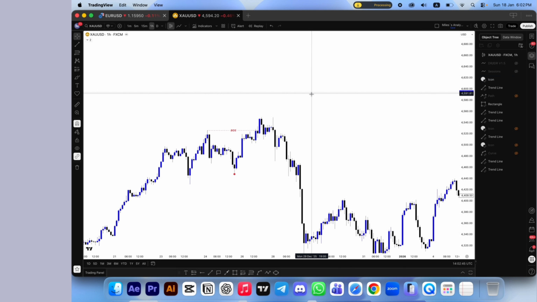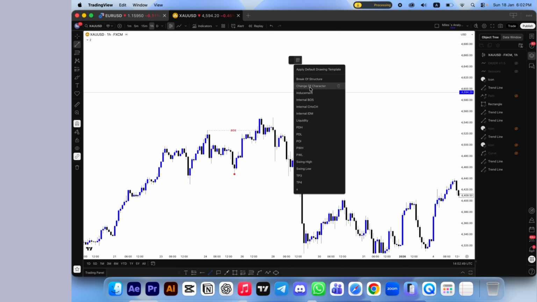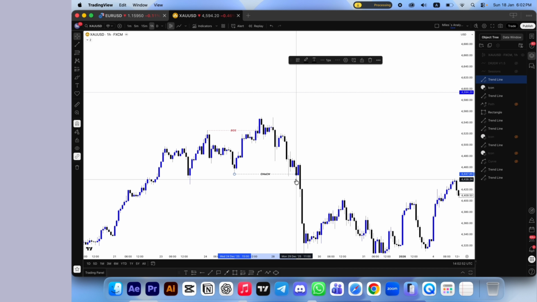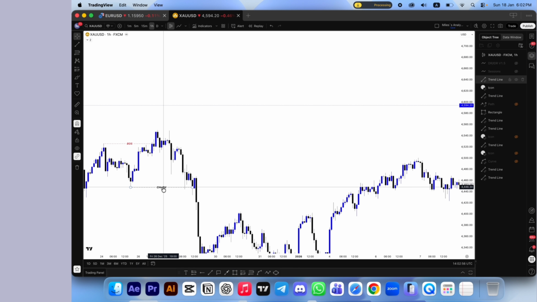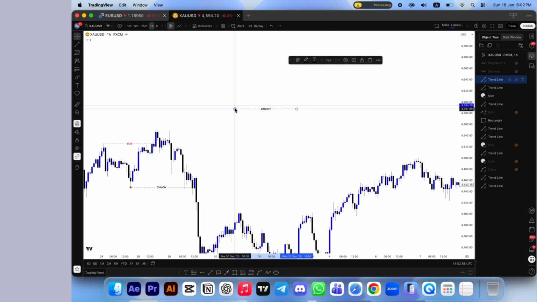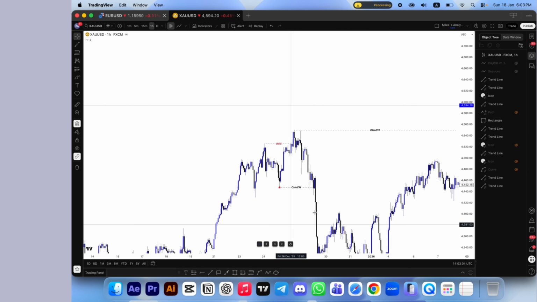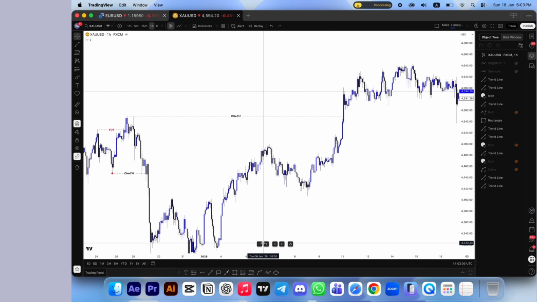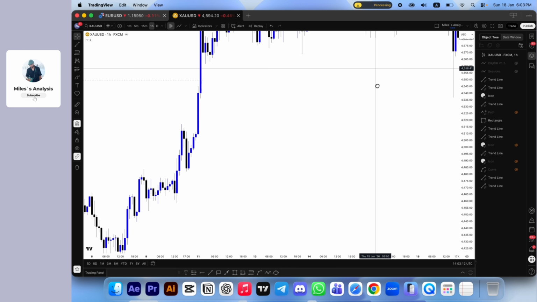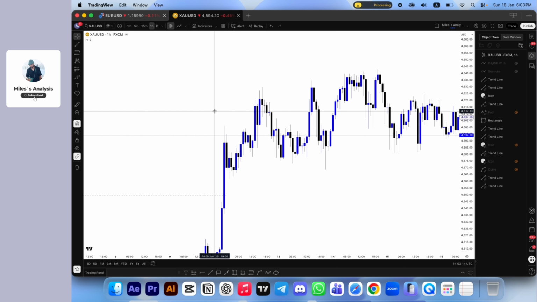So you can see that price broke below it with a full body candle close, which makes it a valid change of character. And after that, you can see there was no inducement taken out here, and then price just went on to give us another valid change of character, meaning gold is now bullish. So with this in mind, it means I have to be looking for bullish entries on gold on the 1 hour time frame, right? So now if we try to look for the next valid inducement, you can see that